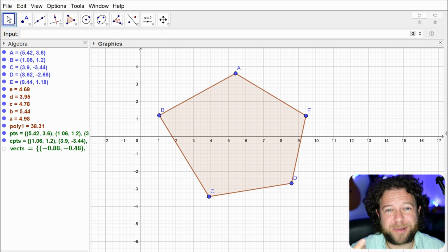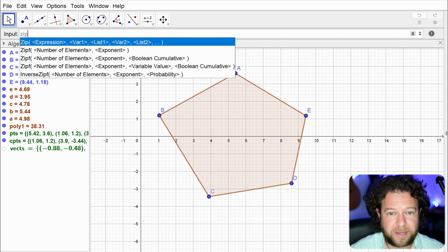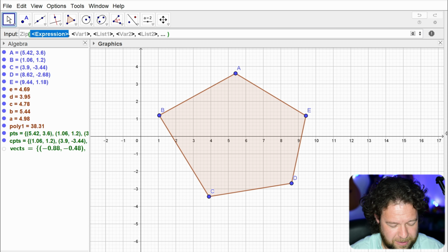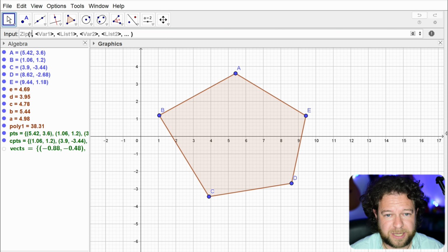I want to use the CPTS list as well, but I need to define that probably in one command. So the way I built it, I'm going to copy in eventually. Let's do one step at a time though. First of all, it's going to zip through, and I'm going to translate each point from the previous list towards its target using its vectors. Again, that vector command is going to have to go into this command eventually, but let's use the ones we built first of all for the first step. So translate